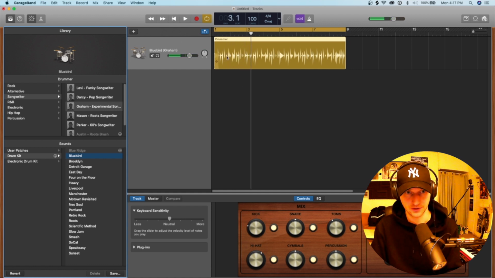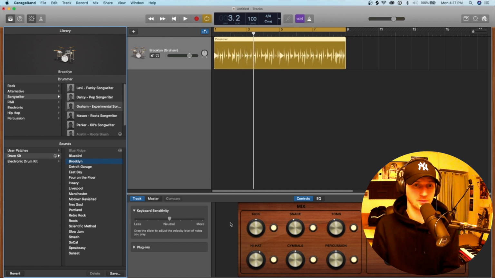So we're still going to be using Graham, but let's say we didn't like the kick and snare sound. We can just switch drum sets. Go to a Brooklyn drum set, see what that sounds like. So every drum set will have a different taste. Once you find the right drum set, now we can narrow in on the actual pattern of the drummer